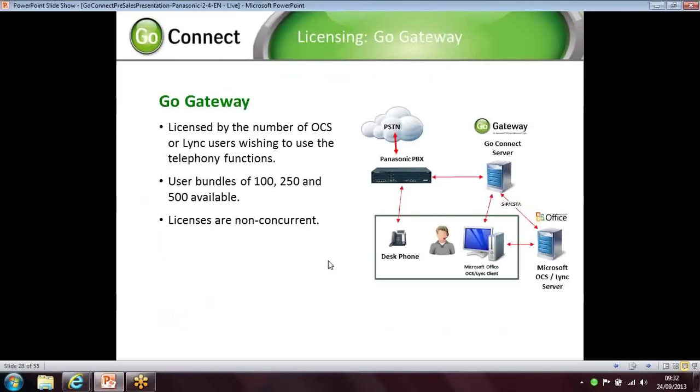While we're on the subject of multiple sites, that leads us nicely into the Go Gateway environment as well. If you have any customers that use either OCS or Link, and those users want to take advantage of some of the telephony functions within those products, then Go Gateway can provide that functionality. It's software that sits on the Go Connect server, licensable on the server,